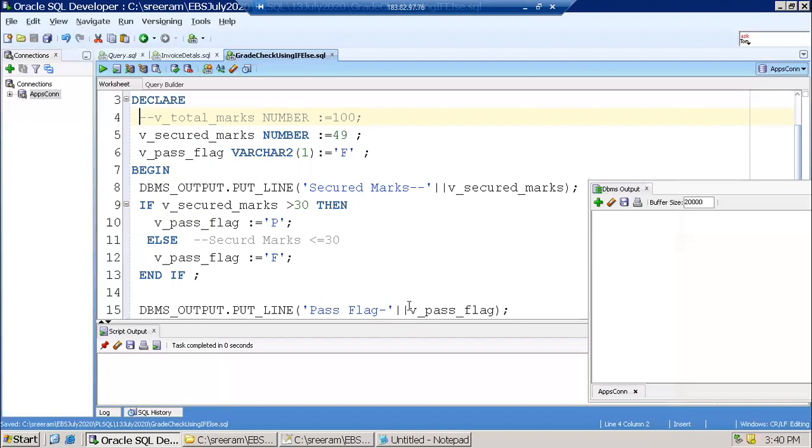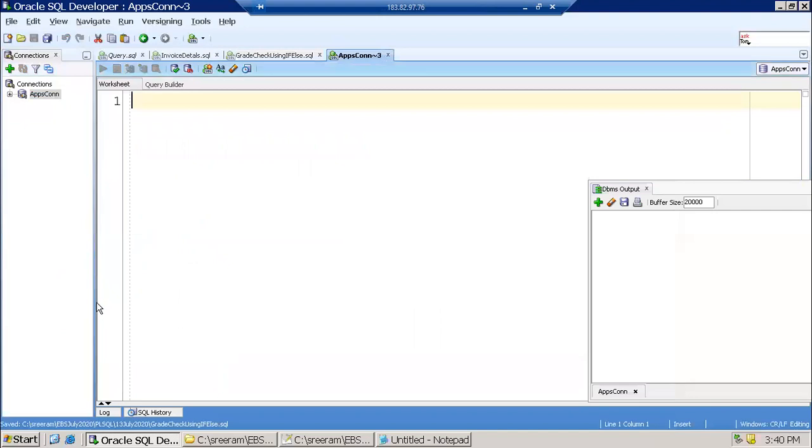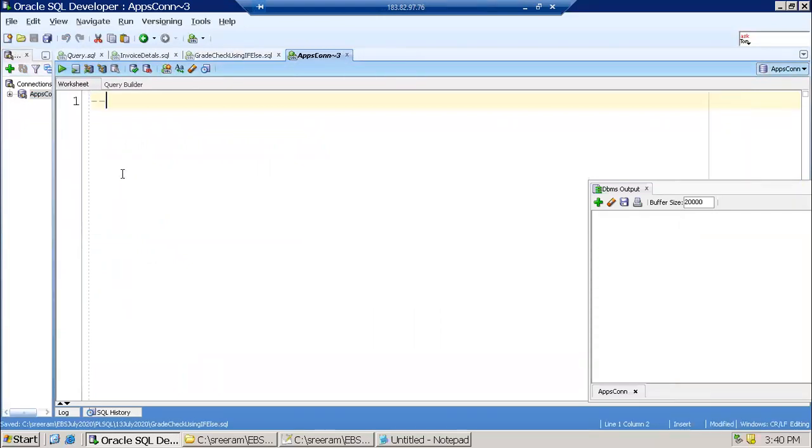Okay. We'll just see one more sample in a similar one. Let us say validation of a final bill based on discount.